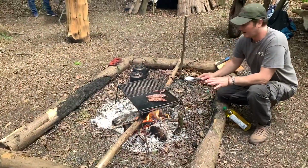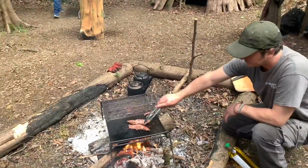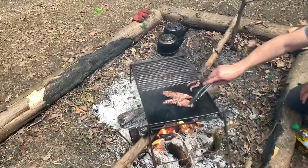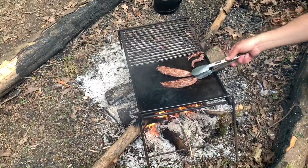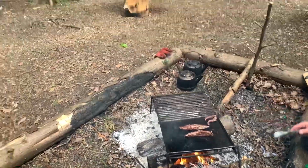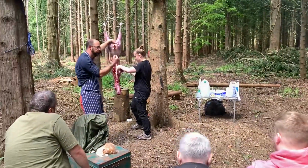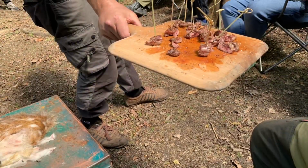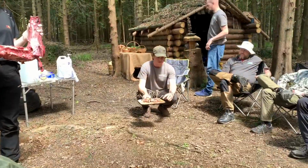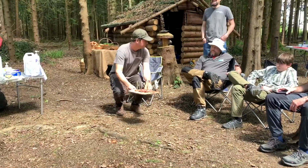We're going to do these quite rare. We're going to do these little bits quite well done for anyone that might want to be well done. Draw that knife down with the rib, that's it. And as long as you're angling it towards the ribs all the time, or towards the bone. These bits here, if not, you can. I'm just going to let you'll find some other bits that are more well done. But yeah,